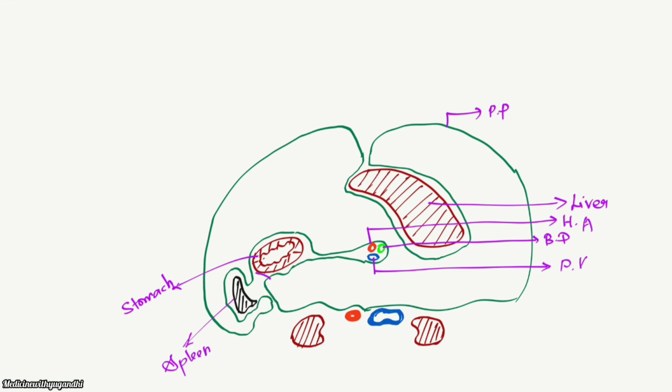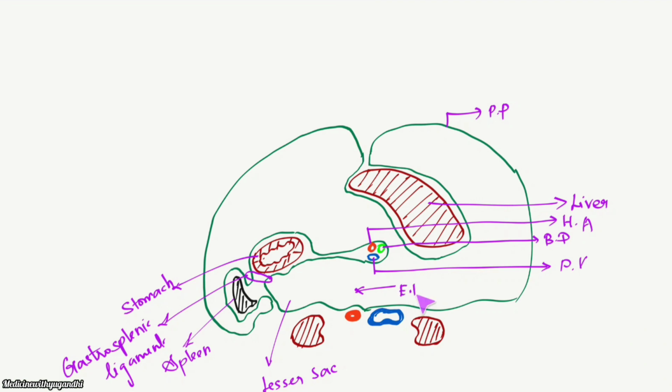These two layers of peritoneum covering the anterior surface and posterior surface of the stomach extend from the stomach to the spleen. They are called the gastrosplenic ligament. And this portion you are seeing here is the lesser sac, and here you could see the epiploic foramen. This is the epiploic foramen through which the lesser sac communicates with the greater sac, right? And then of course this is the left kidney, and this is the right kidney. Then this is the inferior vena cava, and this is the aorta, that is the abdominal aorta.